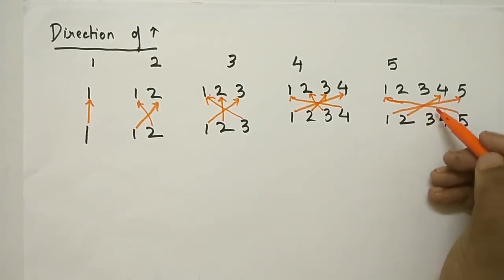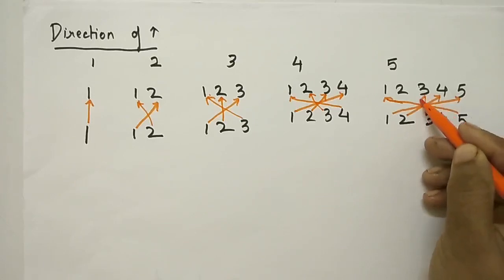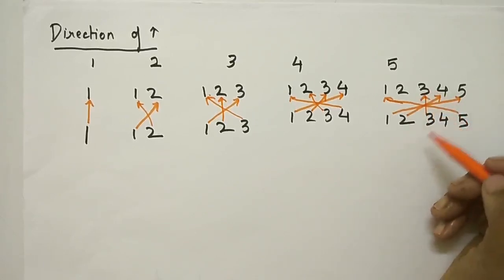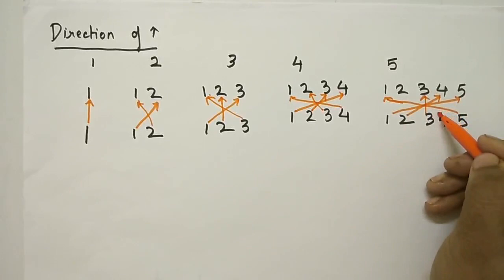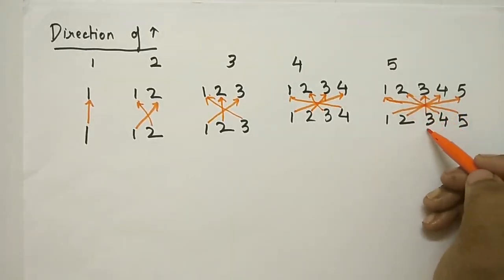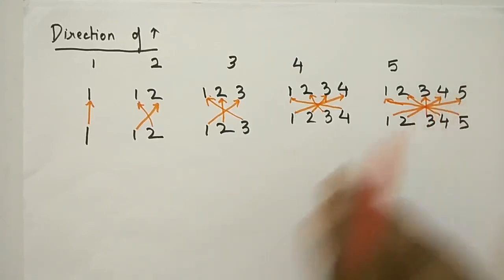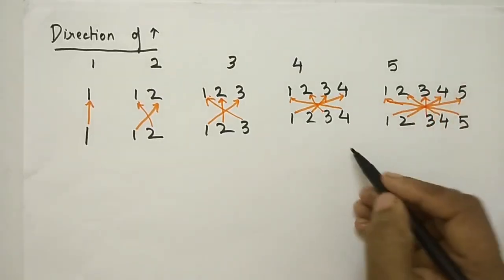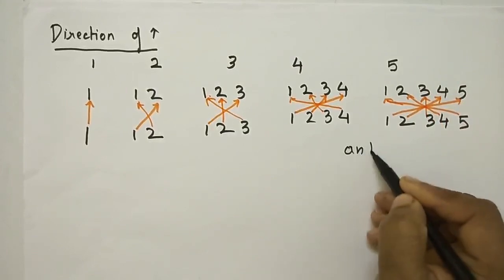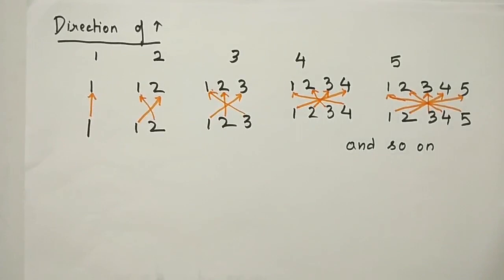multiplicand. The third digit of the multiplier will go directly to the third digit of the multiplicand. The fourth digit of the multiplier will go to the second digit of the multiplicand. As 3 is the middle digit, it will go directly to the middle digit of the multiplicand, and so on. So if you observe, the same pattern you have to follow for the remaining number of digits also.